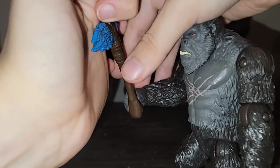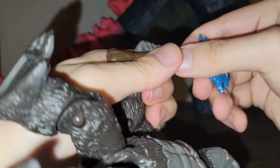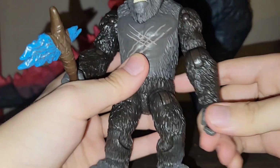But it is a flexible rubber, and it goes in either hand, but it's supposed to go in this one because Kong is supposed to be right-handed. And you do get a bit of a better grip this time around,